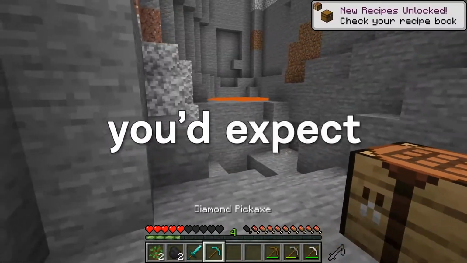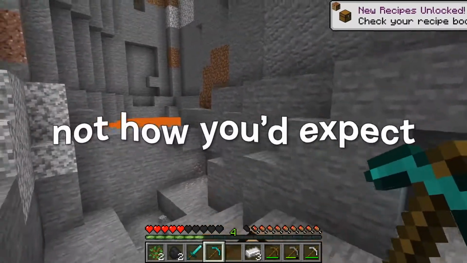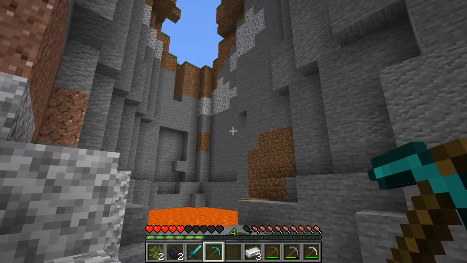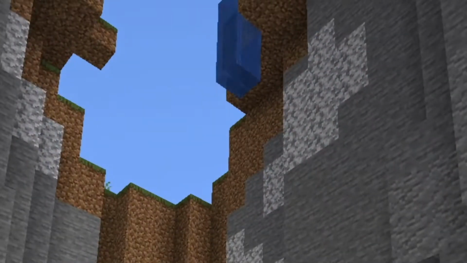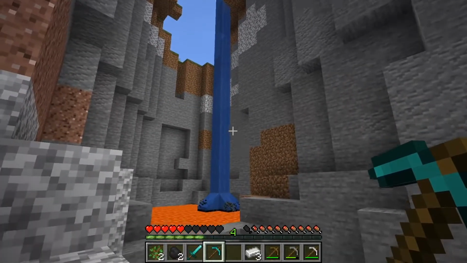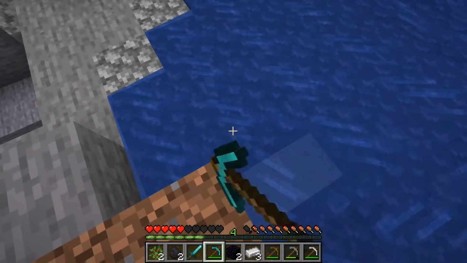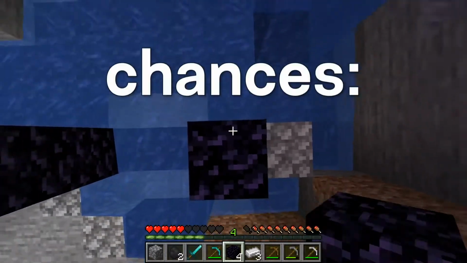The next thing you'd expect in the speedrun is for him to find obsidian and mine it, but how he gets obsidian is not how you'd expect. The speedrunner just sits there for a while, and all of a sudden, water starts flowing from above and falls conveniently into the pool of lava, making obsidian for him to mine. Either this guy is extremely lucky or this seed is haunted by a ghost, because the chances of that happening